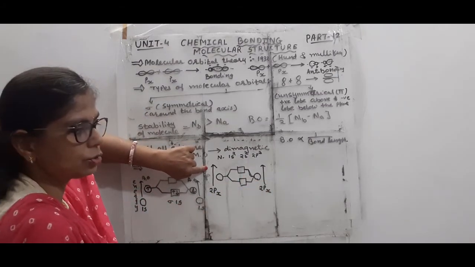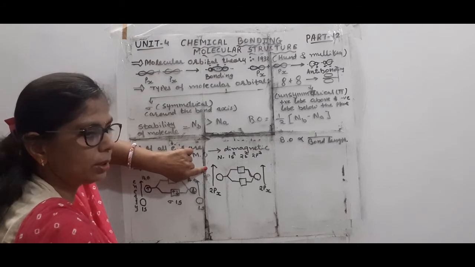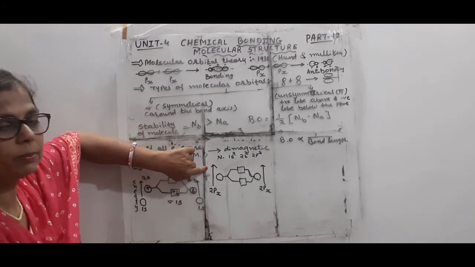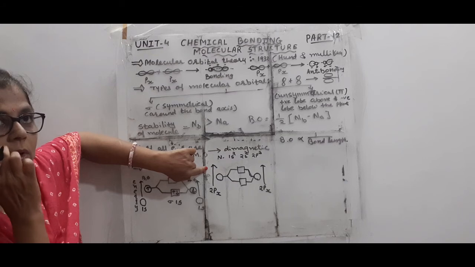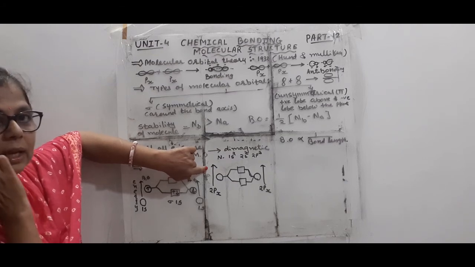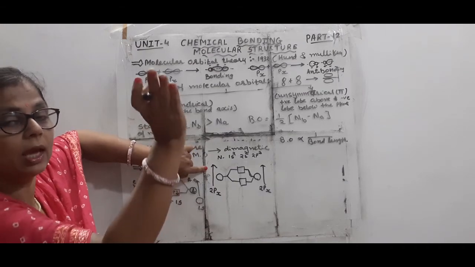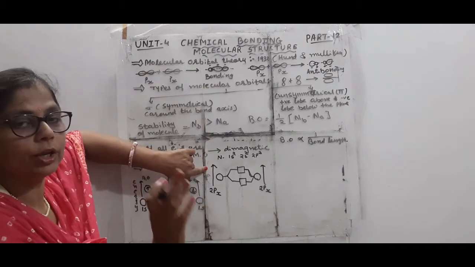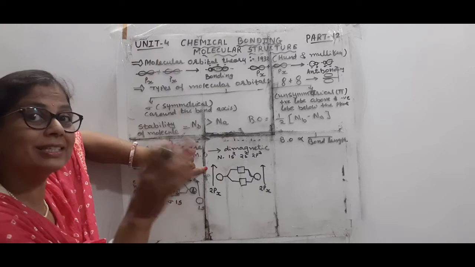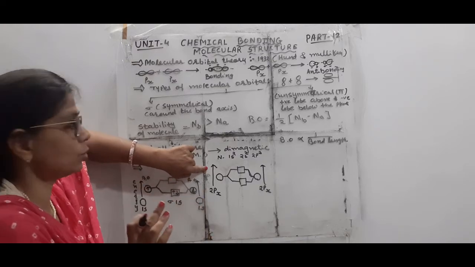This I have just shown you with the px only, student. Afterwards, in the next episode, I am going to explain it with the molecule, and we'll draw in one energy level only, from 1s to the required molecular orbital diagram. In the next video, I am going to explain that to you.